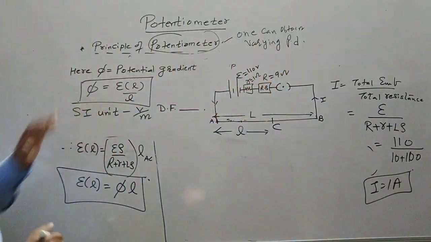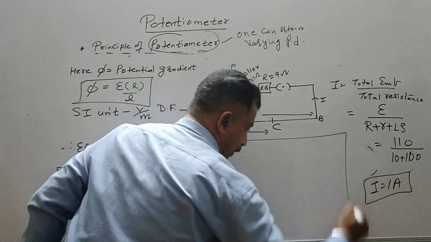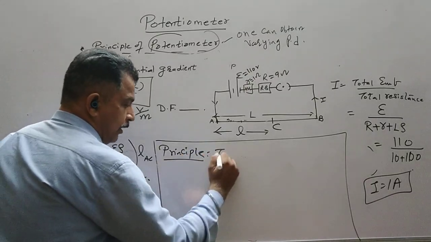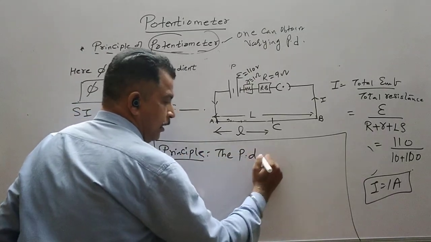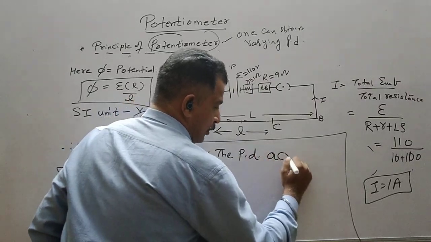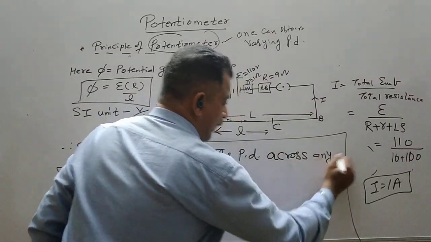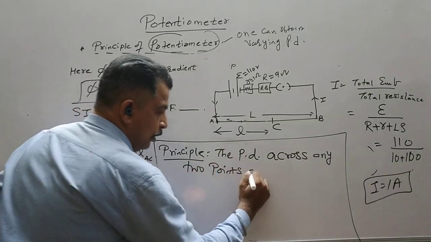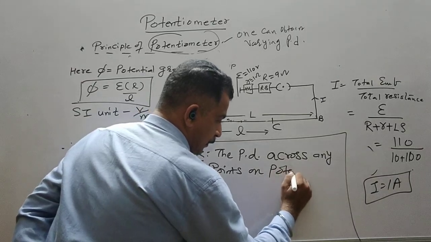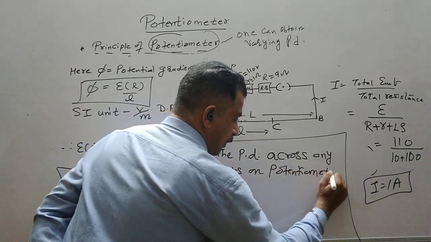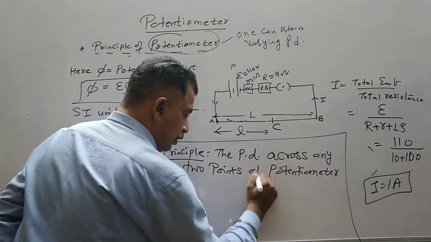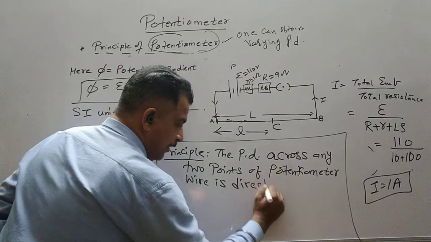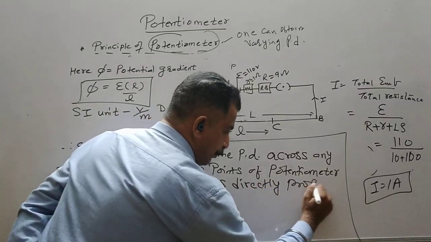Now let us write the principle. Now what is the principle of the potentiometer? So principle: the potential difference across any 2 points on a potentiometer wire, or any 2 points of potentiometer wire, is directly proportional